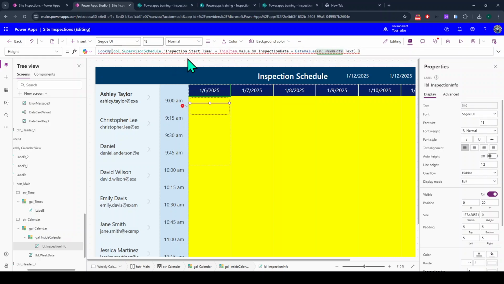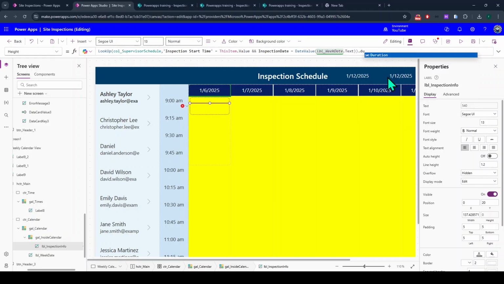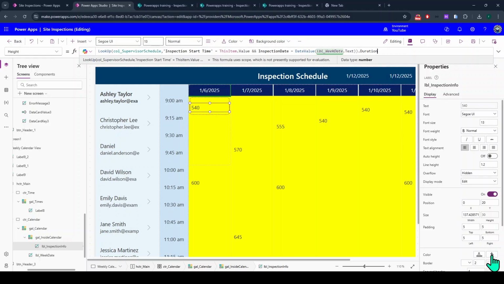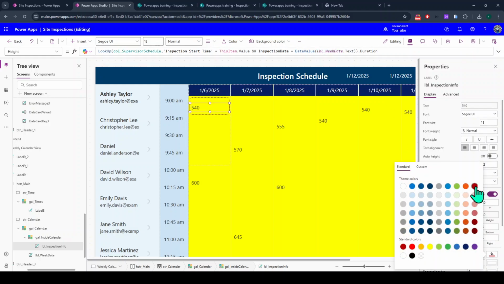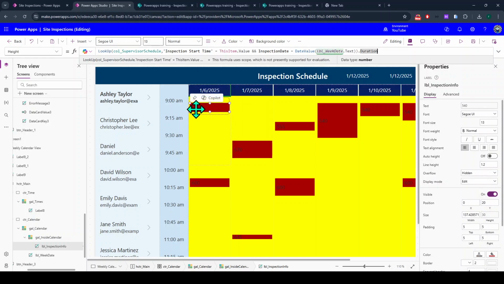And then what we are going to do, okay, after we got the data, then here we are going to check for the complete duration. So what I will do, I will just use some colors so that you can see. Now as you can see, we have the durations because we need to adjust the height dynamically, right? So here,